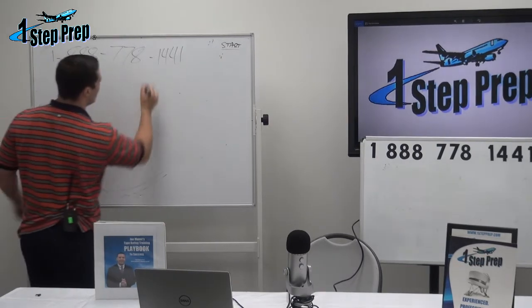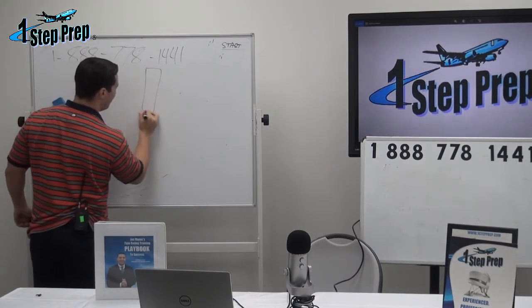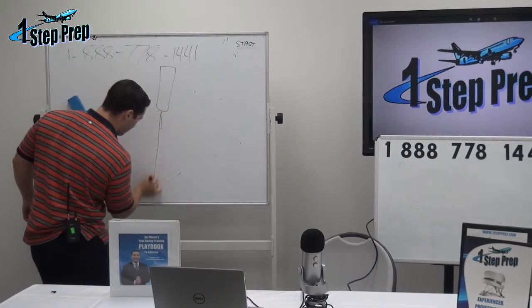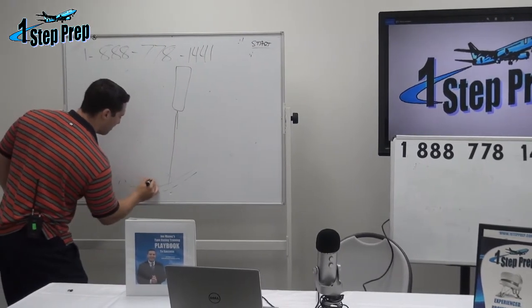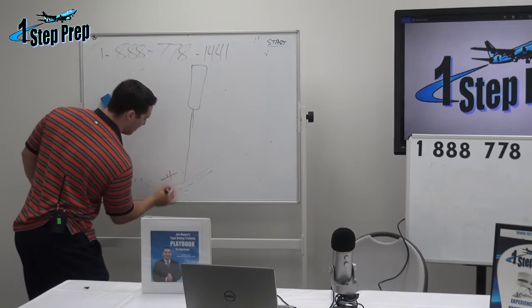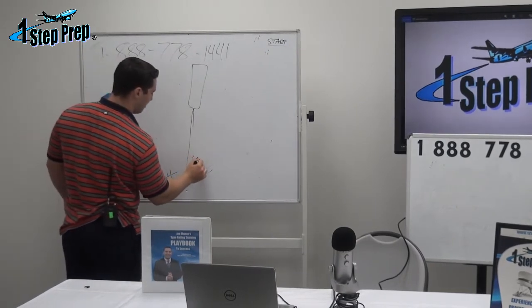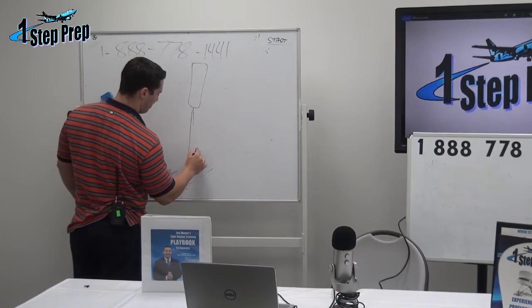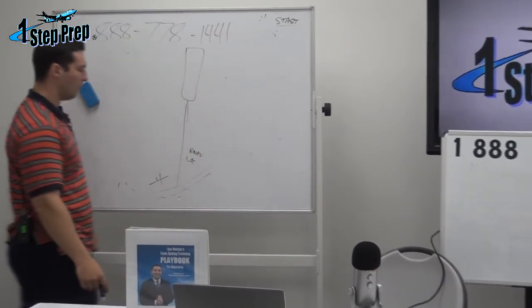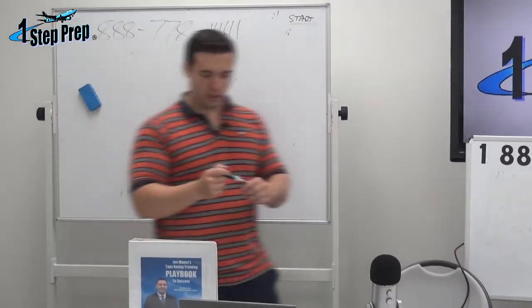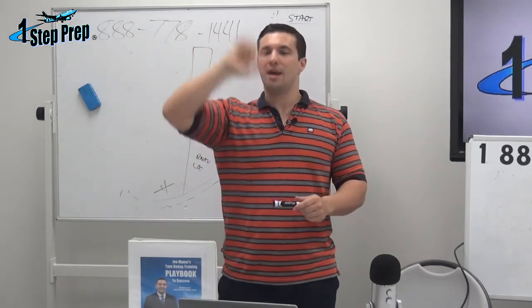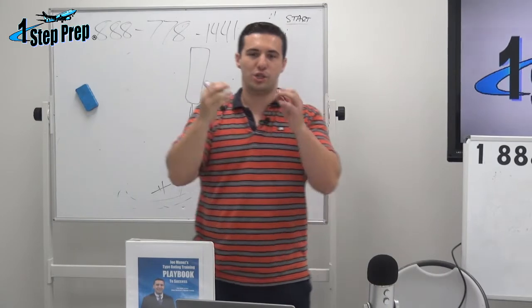So look, here's the deal. Let me see if I understand you correctly with this. What you're saying is you're coming in on this approach from here, and you're going to do a LOC, and then all of a sudden it changes to an RNAV approach, I think you said, right? Now look, on the MCP, when you do a localizer approach, you're gonna push LOC on the MCP, and LOC, it's going to capture